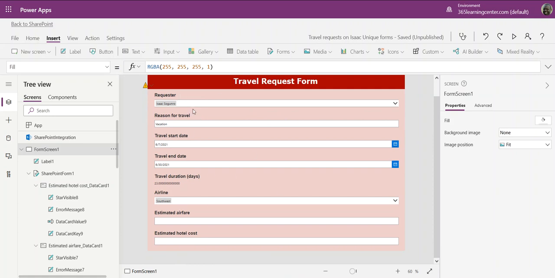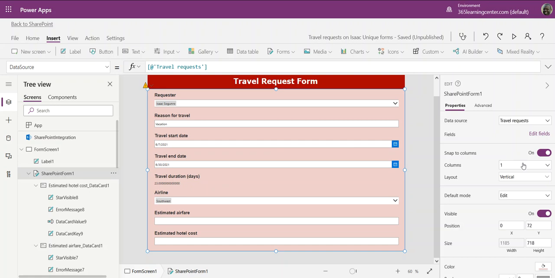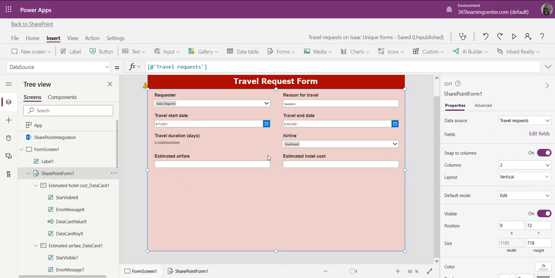So now it's bolded. So the next thing I want to do is I'm going to select the SharePoint form again, and what I want to do is change the column to 2 columns. So 2 columns. So there you go. That's exactly what I want. And what I'm going to do next